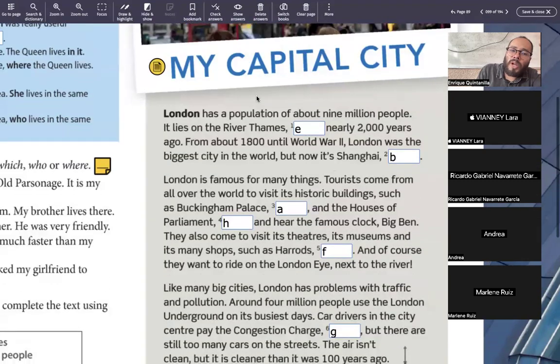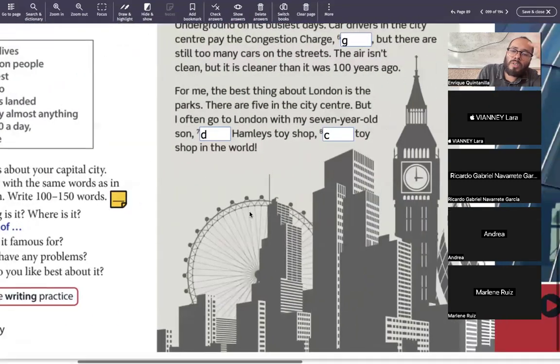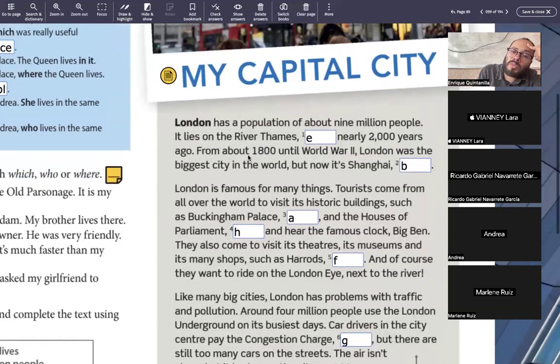For example, the first paragraph, as it says here, how big is it? Where is it? ¿Dónde está? ¿Y qué tan grande es? And also, you can talk about a little bit of history, yeah? A fact. Information about that city, no? So for example, Cuernavaca has a population of around 1 million people. It is in the north of Morelos, yeah, in the north of Morelos,